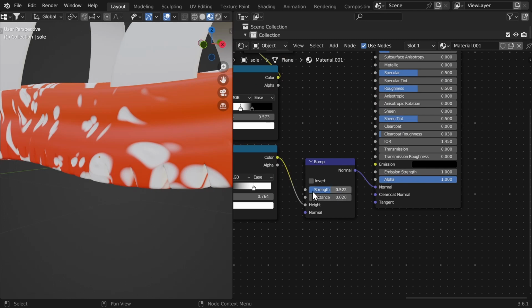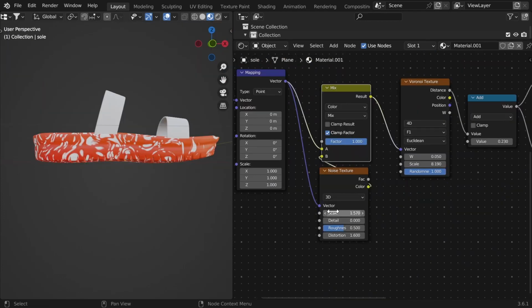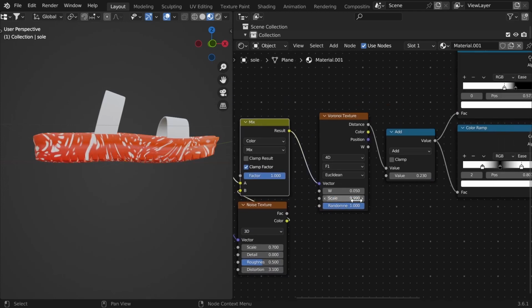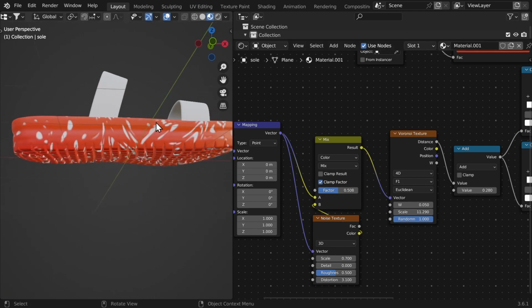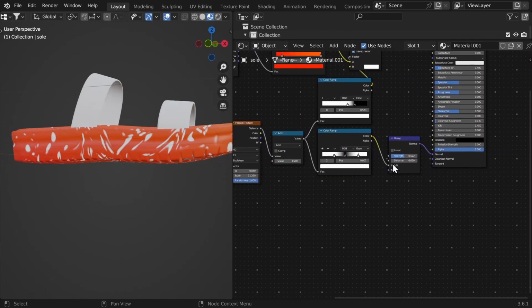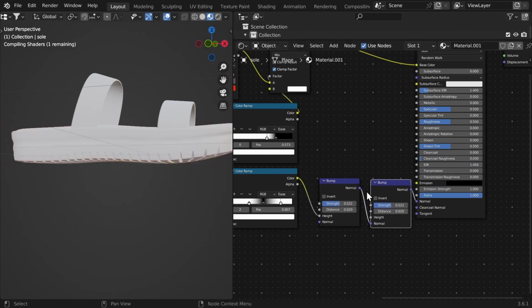I want the bump to be kind of visible. I'm gonna set the scale to 0.7, bring up the distortion to 3, bring that up a little bit, and bring this mix value down to 0.5. This looks pretty good. Now you want another layer of bump, so just duplicate that, and now we can just